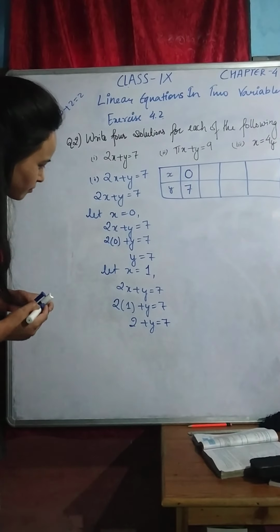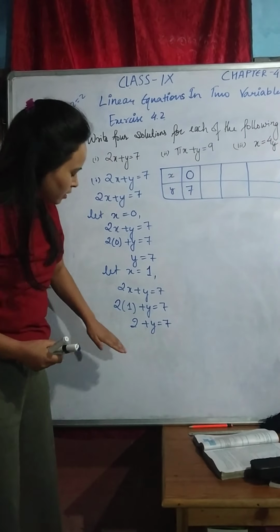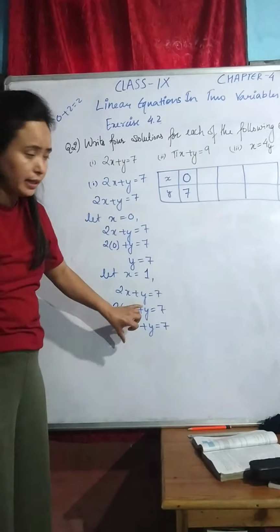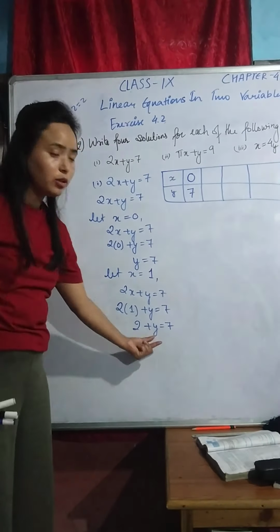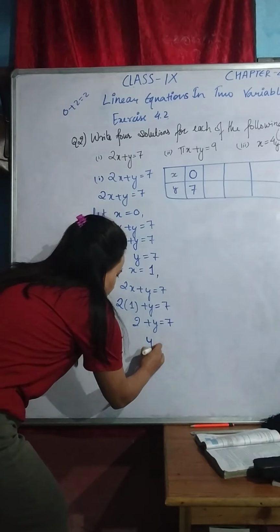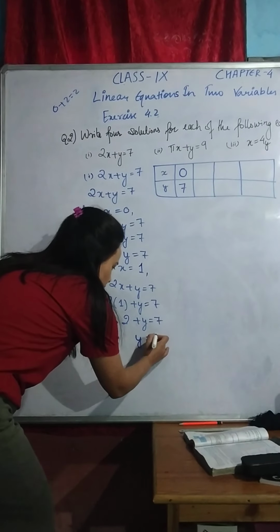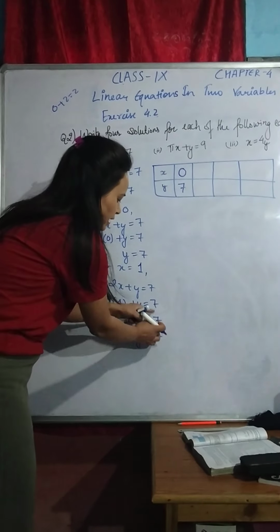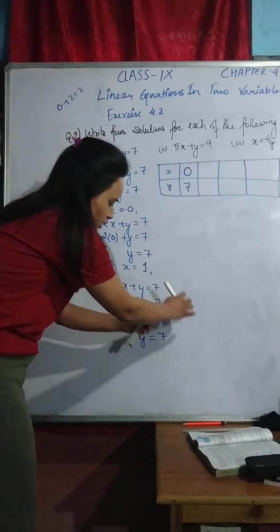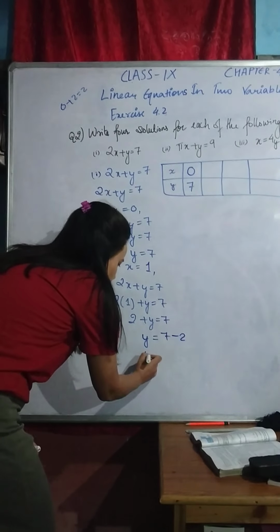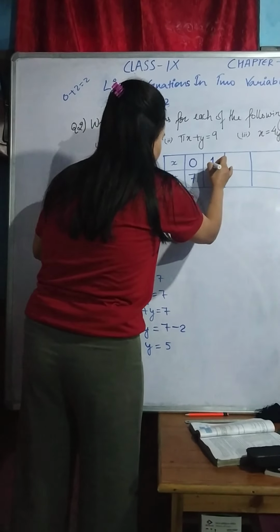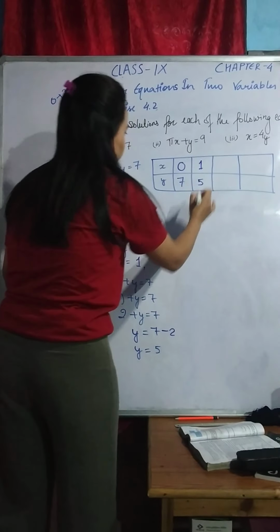I think you all are clear about this x and y. These 2 are variables and we are finding the values of x and y. We assumed the value of x. Now we need the value of y. So we cannot keep the number with y, right? That is why let's take the number with y to the right hand side. Now 7 is already on the right hand side, so we must write 7 first. Then we have to take this 2 to the right hand side. Now plus 2, when we write it on the right hand side, it becomes minus 2. Now 7 minus 2 is 5. So when we assume the value of x as 1, we got y as 5. Okay, we got 2 solutions.